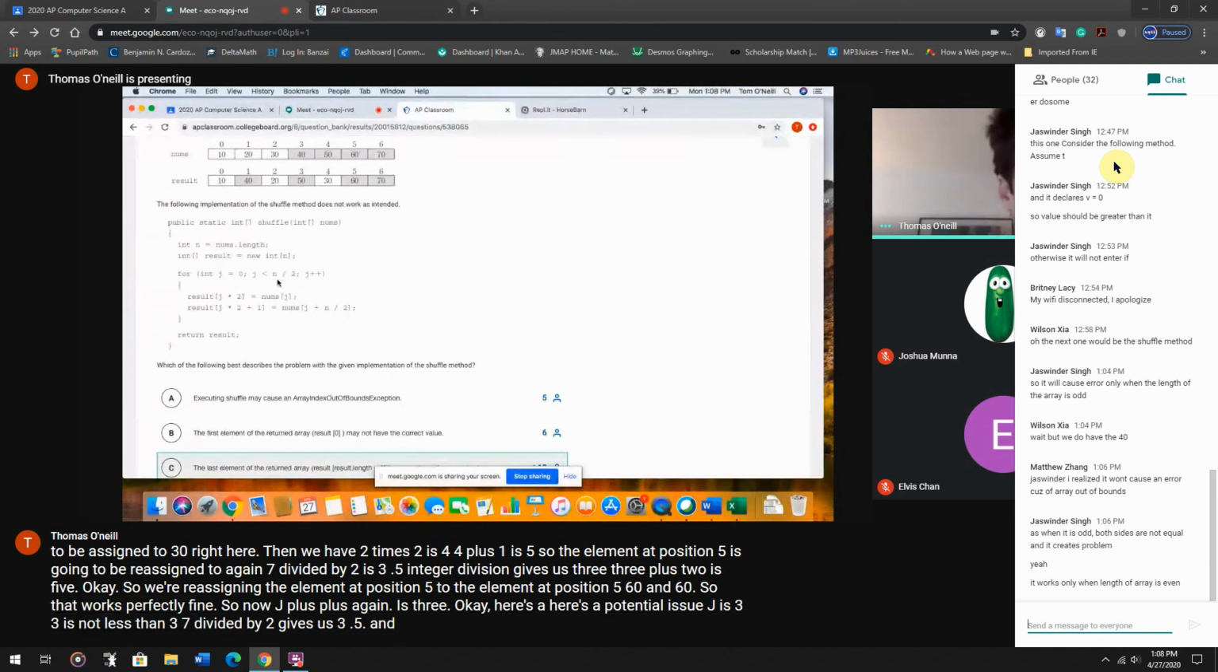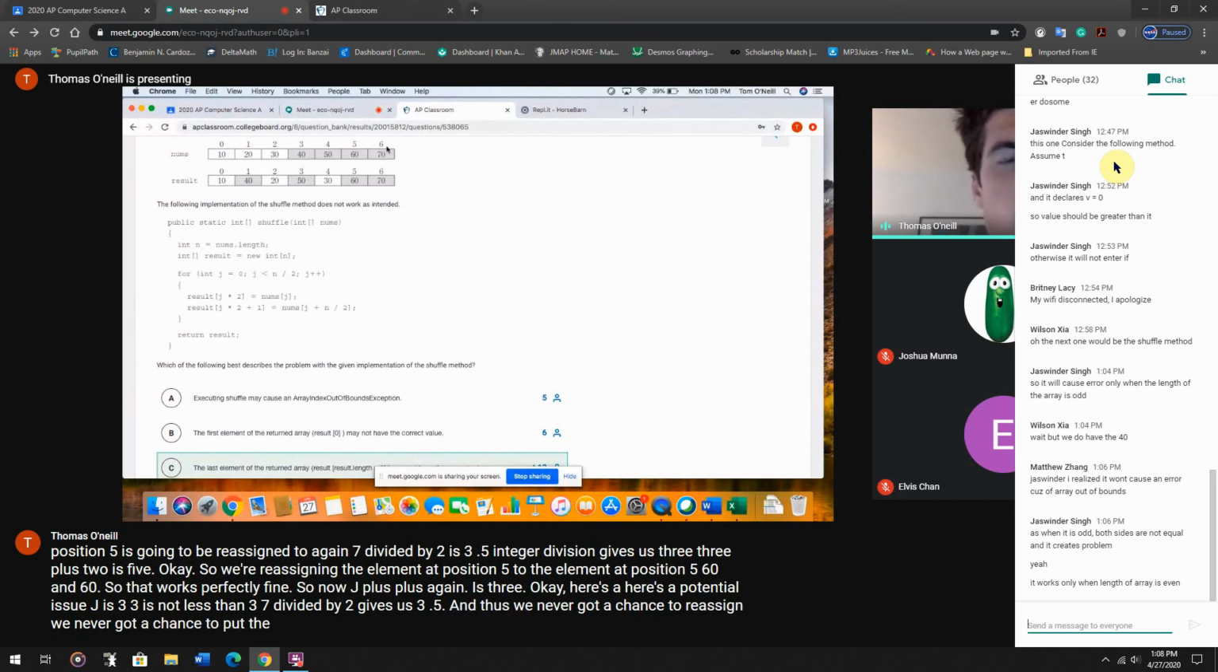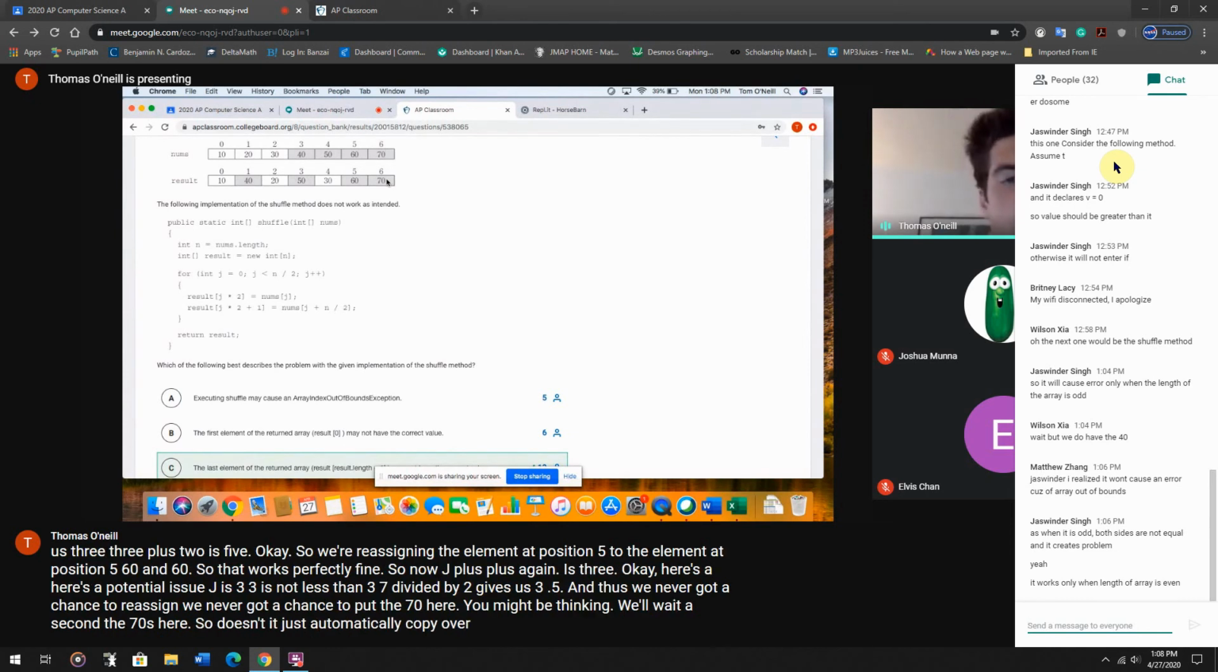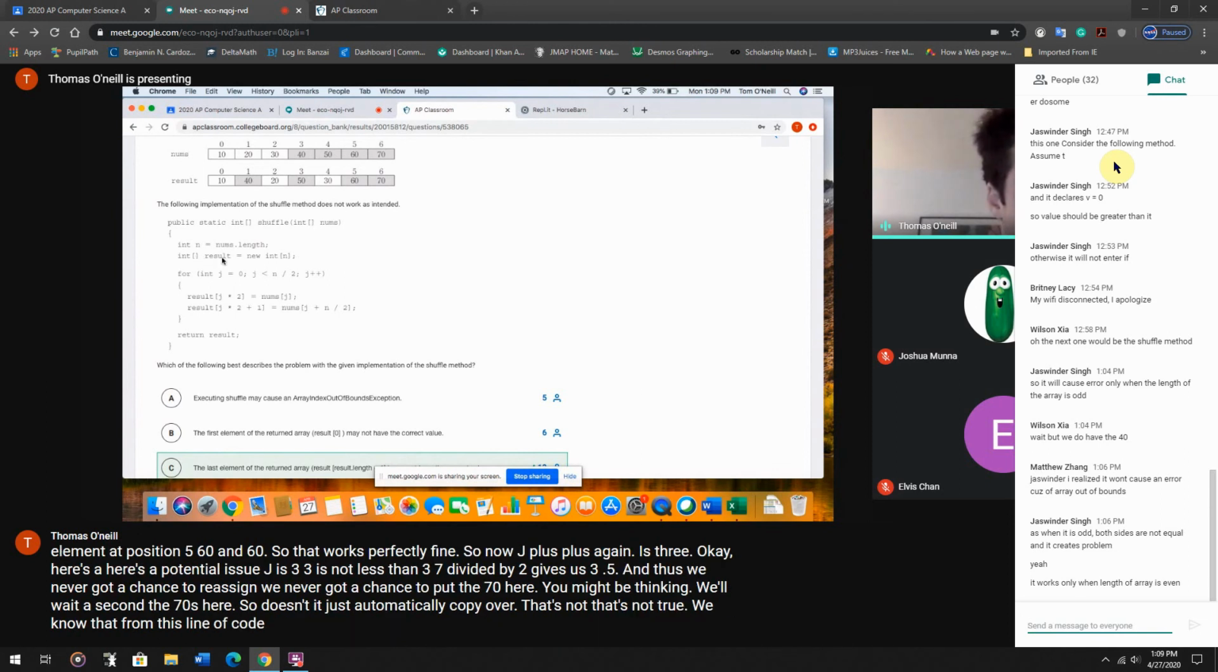And thus, we never got a chance to reassign. We never got a chance to put the 70 here. You might be thinking, well, wait a second. The 70's here, so doesn't it just automatically copy over? That's not true. We know that from this line of code right here,